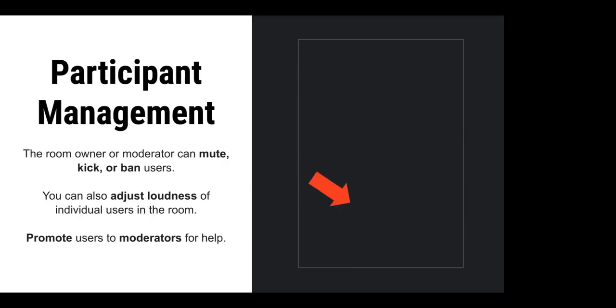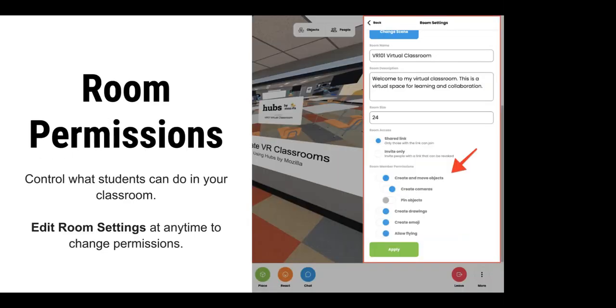Teresa Langford is asking, is this free for college instructors or on a subscription basis? Good question. Hubs is completely free. You don't need to create an account. If you decide to create an account, you just have to provide an email address and verify the email. Your students can just join. They don't need accounts. So that might be hopefully a good answer to your question.